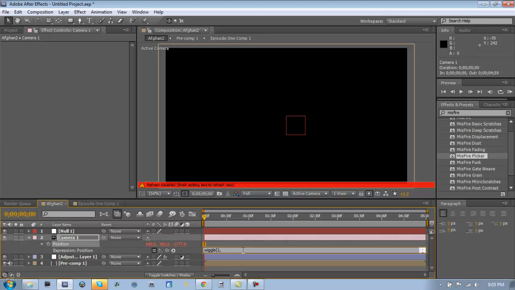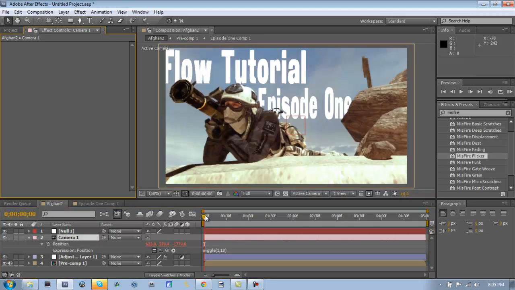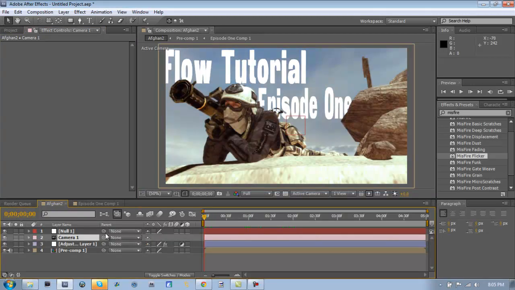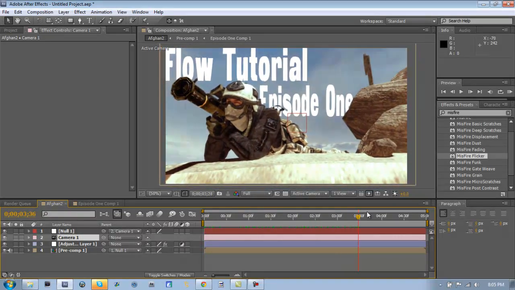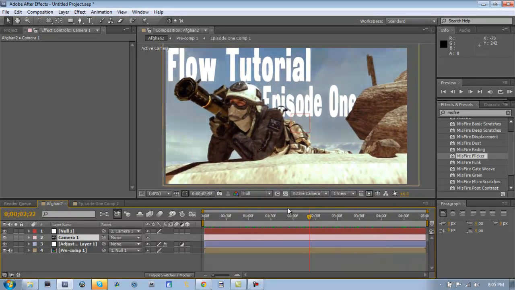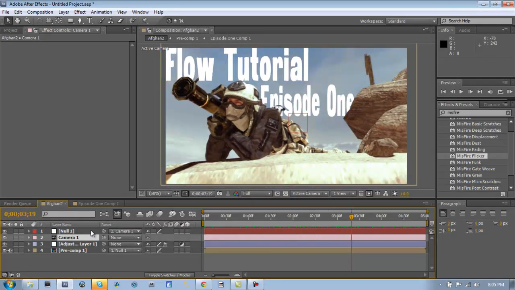And then this side, it's really up to you what you want. You can put it anywhere from like 3 to really like 25. I'm just going to use like 18 for this, just to have some movement since the cinematic's kind of boring. And then once you do that, you're going to use the little screw thing, put your null object here and your pre-composition on the null object. And that way you see you have the movement